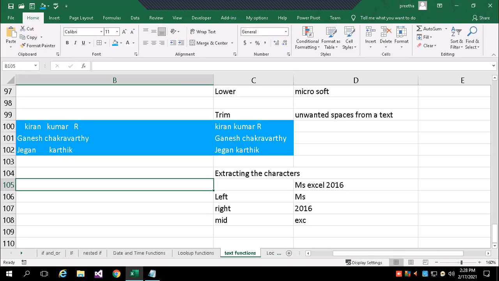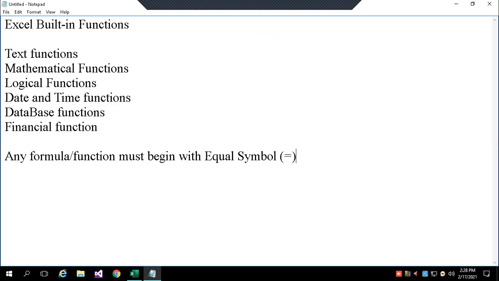Those who are listening, you can answer my question. What is the use of the ampersand symbol with text?